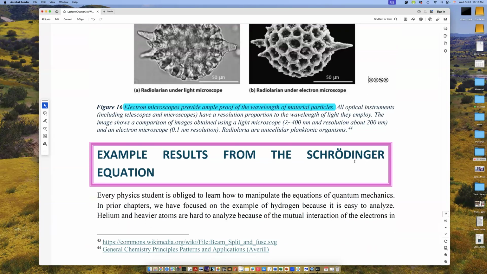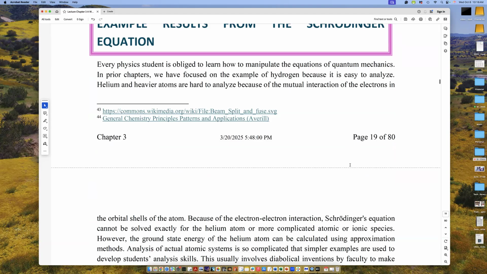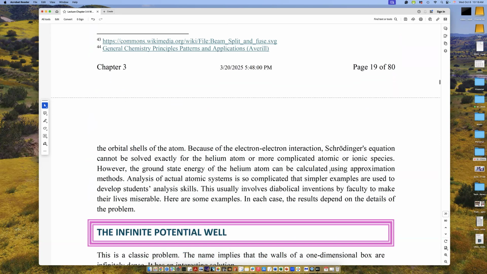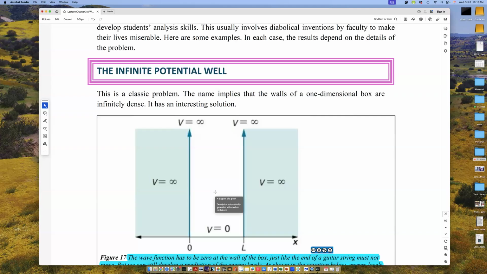Now let's get into the results of manipulating the Schrodinger equation. We're not going to do the math, but I'm going to show you what every physics student encounters early in their education. One question is, what are the energy levels of a quantum particle in a box that has infinitely thick walls, an impenetrable box? And here that box is drawn in one dimension. So it's like a very deep Grand Canyon with infinitely high walls. And you put a particle in here and use the Schrodinger equation to figure out the energy levels that the particle can have.